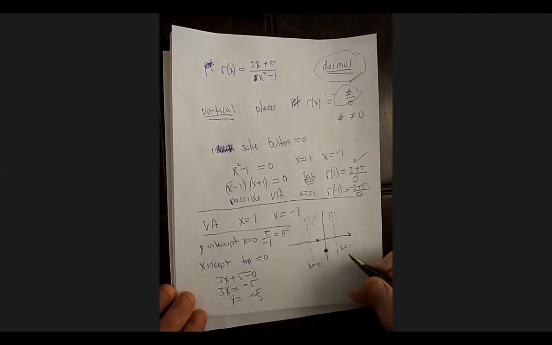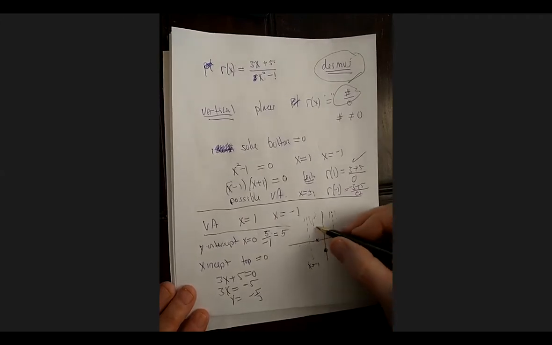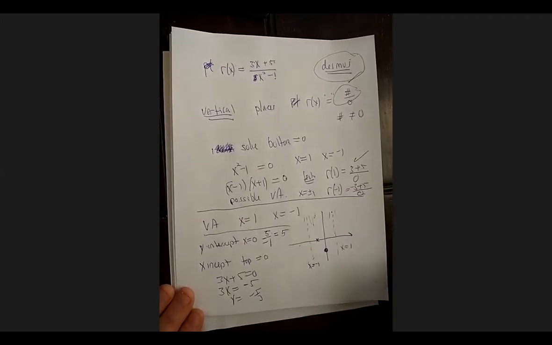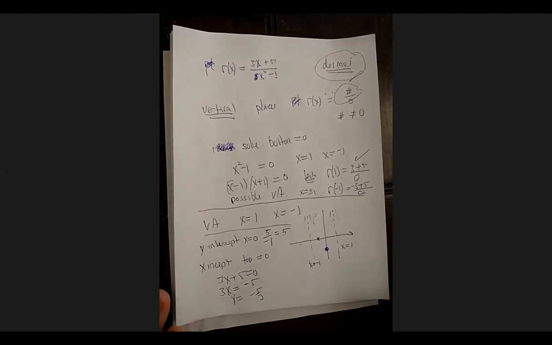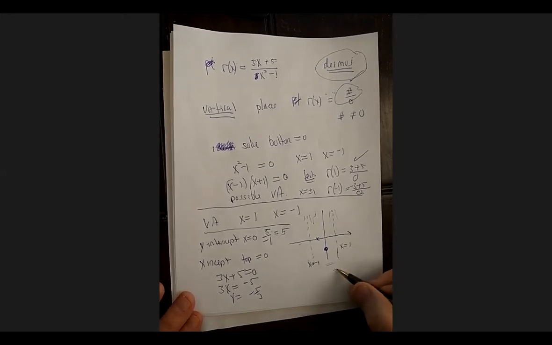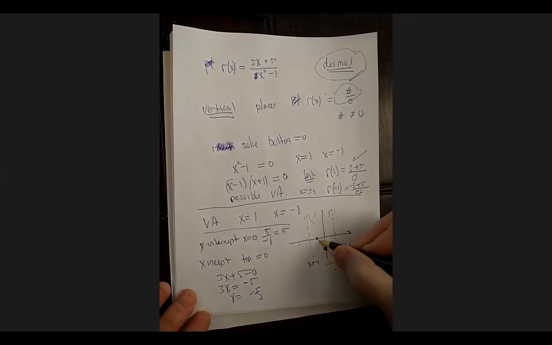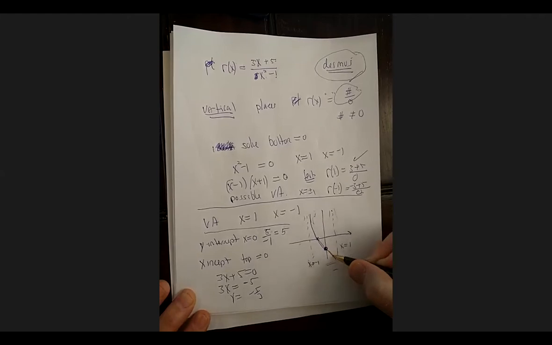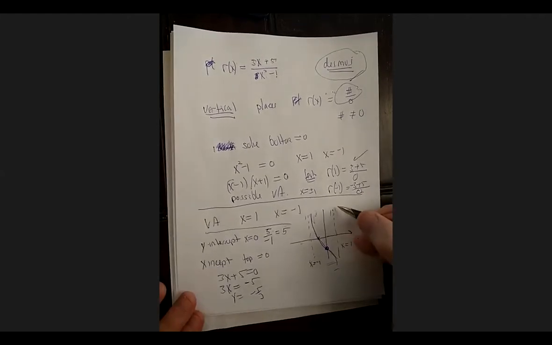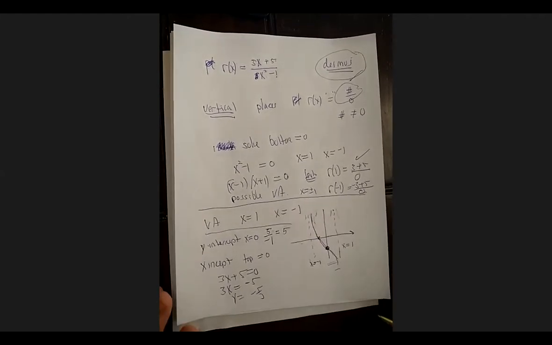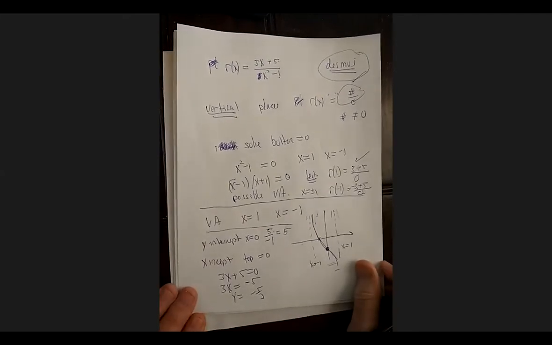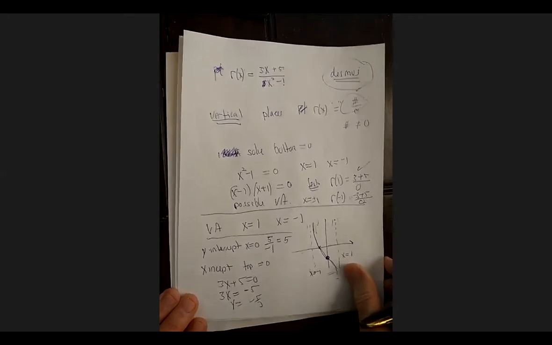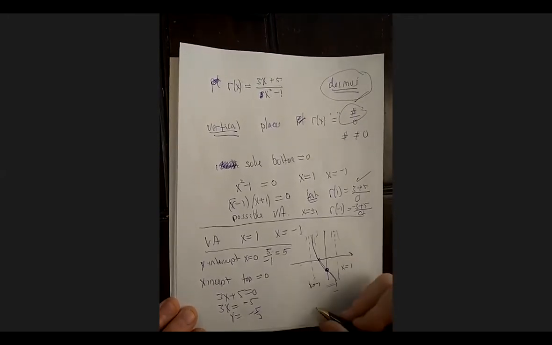Notice the graph has to go either from here up here or from there, so we have to figure out how to use this information to figure out what the graph would look like. It tells me over here the graph is going to be negative. So I think the graph is going to go like this. This is my first sketch. It's going to go like this over here, and on the other side it's going to go kind of the opposite. We'll have to figure that out in a second. For practicality, I would use Desmos for this. Okay, so that's my first sketch.